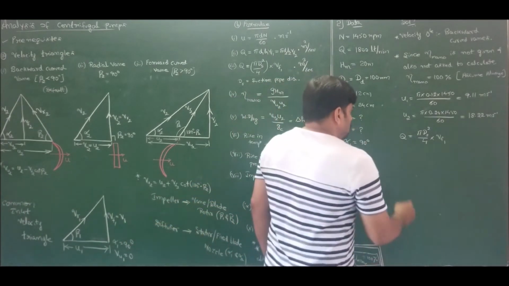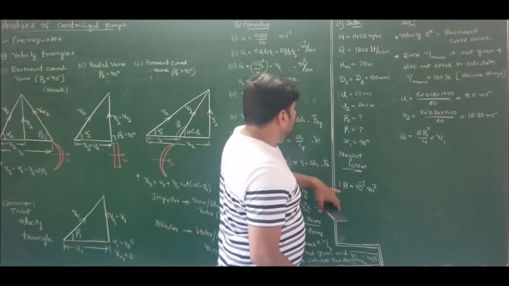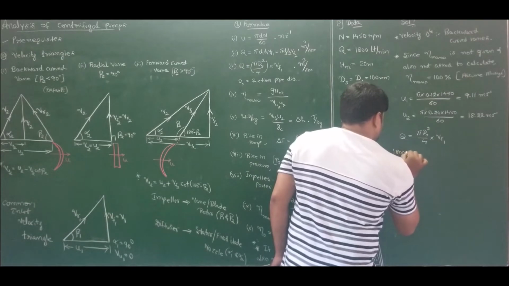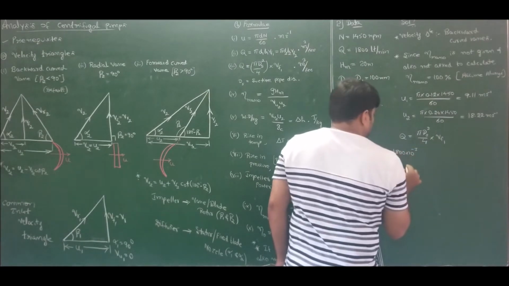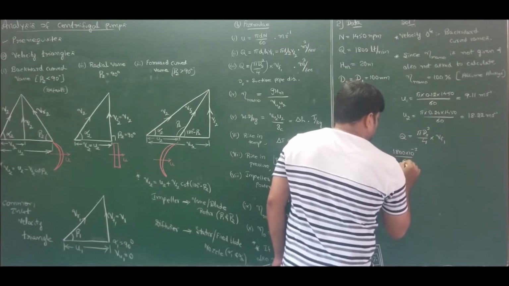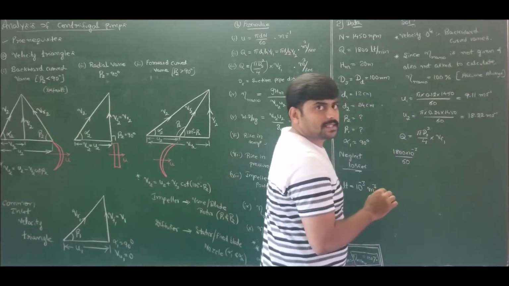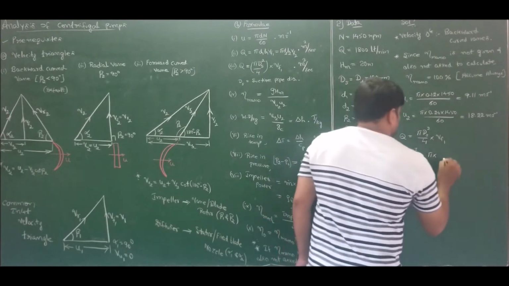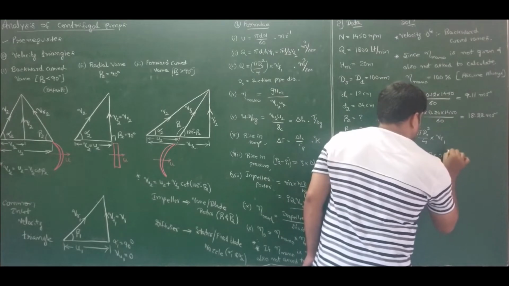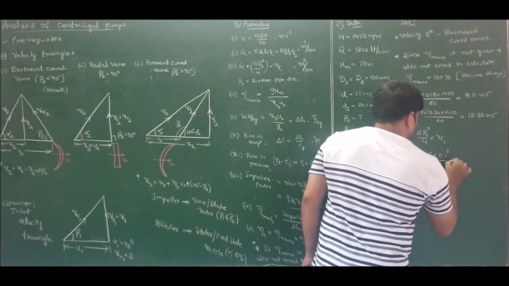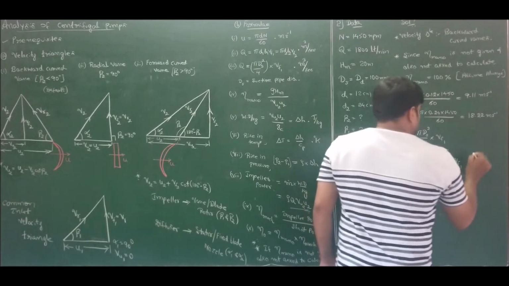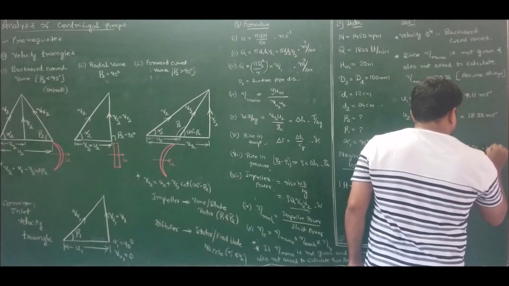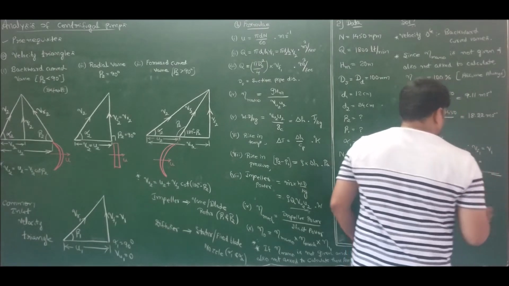So Q will become 1800 liter per minute, which is 1800 into 10 to the power of minus 3 meter cube, and since it is in minutes, divided by 60 to convert it into meter cube per second. This is equal to pi into pipe diameter, 100 mm, so 0.1 square by 4 into flow velocity. So you will get the value of flow velocity at inlet, which is V1, which is equal to